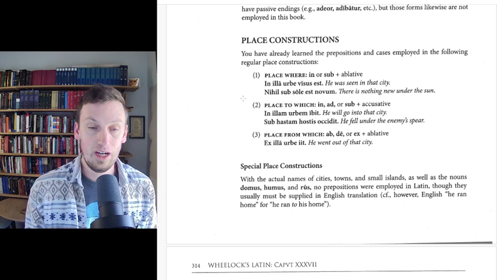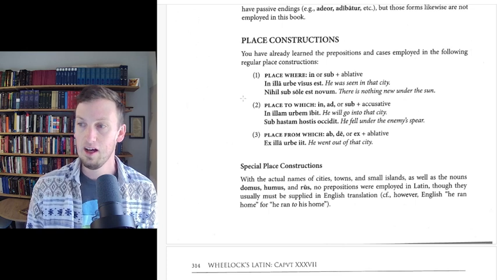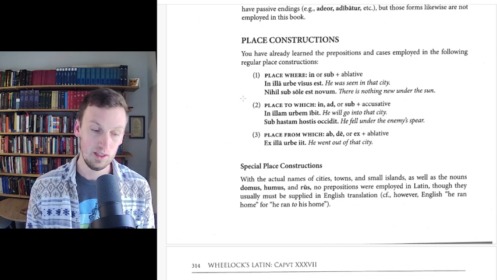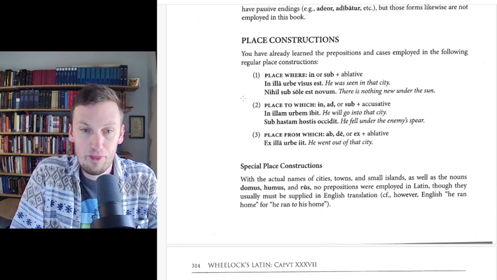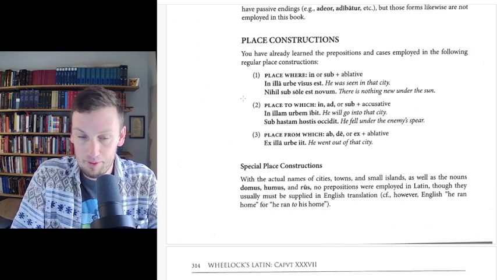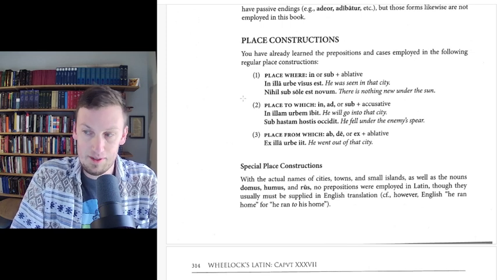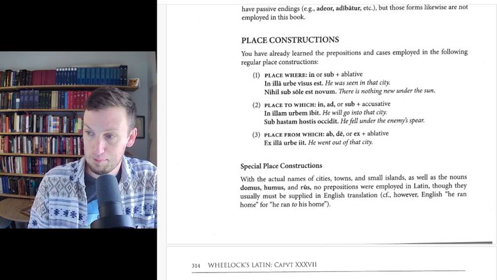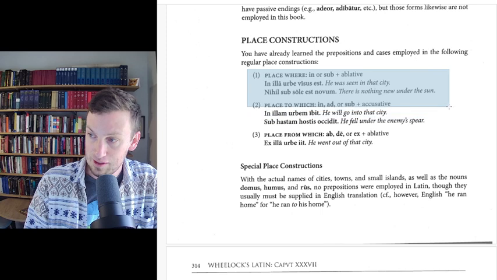Then there's a few additional functions of cases. These have probably come up along the way, but let's talk through them. So the place constructions, the usual: in Proto-Indo-European, there were 8 cases. 3 of them have been swallowed up by the ablative, which is just the ablative of separation. The locative and the instrumental have all collapsed into the ablative. And here we see the ablative being used for the place from which, your ablative of separation, and for the locative ablative.